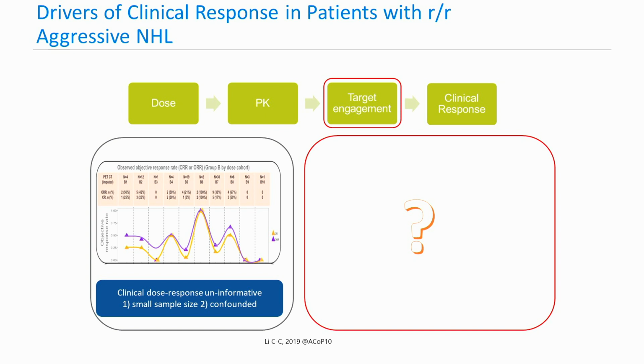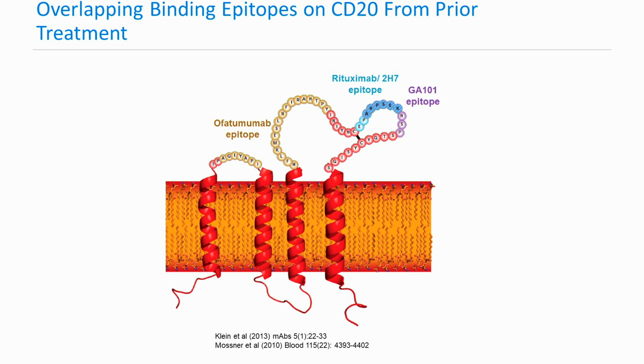So we took a step back and realized what could be going on is a confounding from prior treatment of anti-CD20 therapies at the target engagement level. So this needs to be addressed in order to characterize the intrinsic dose response. In a late-line relapse refractory setting, all of our patients received prior anti-CD20 therapies such as rituximab. The residual levels of rituximab in our patients bind to overlapping epitopes on CD20 as Mosun does, and competes for target engagement transiently and significantly confounded the dose or exposure response relationships.